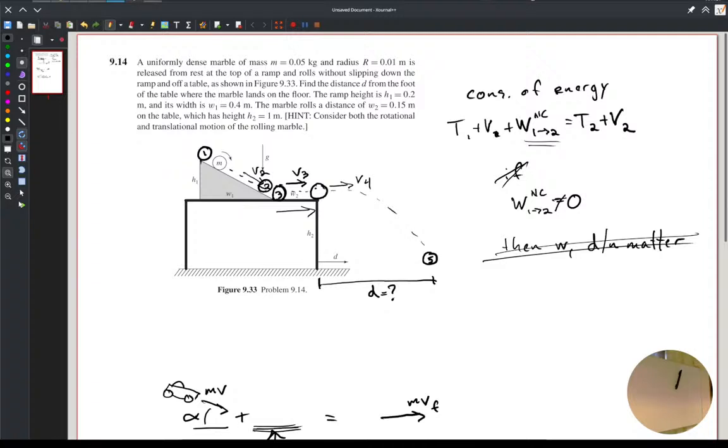So then angular acceleration, I times that angular acceleration. Yeah, once we get off the table, right? Yep, then we can do